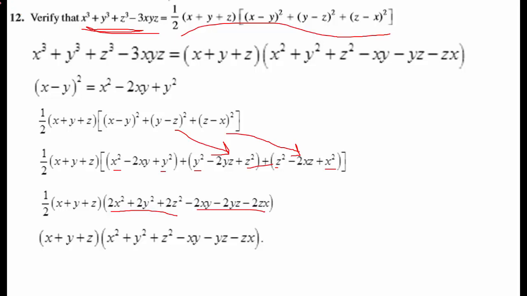Also student, this is also our algebraic identity, which is used to solve different kinds of numericals in which we have to find the value of something like 99 whole cube plus 100 whole cube plus 101 whole cube. To find this type of numerical, we will use this identity, because here the difference is very small, that is the difference between x and y is 1, that is 100 minus 99, that is 1. So this thing is easy to solve, and we have to only solve this 3xyz.